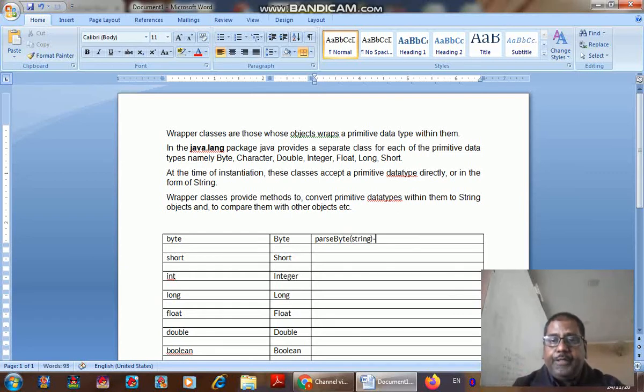What is this function going to do? This function will convert a string value to a byte value. That means parseByte is a function that converts a string value into a byte value.